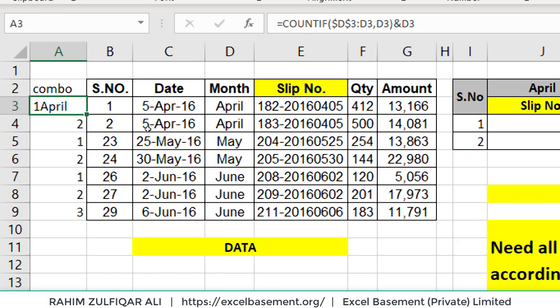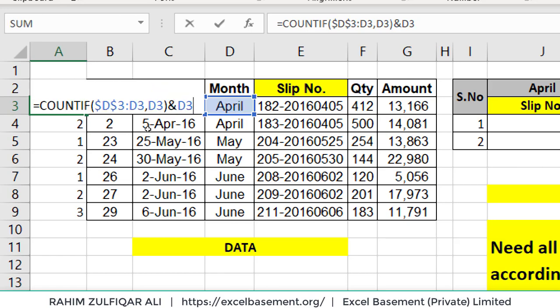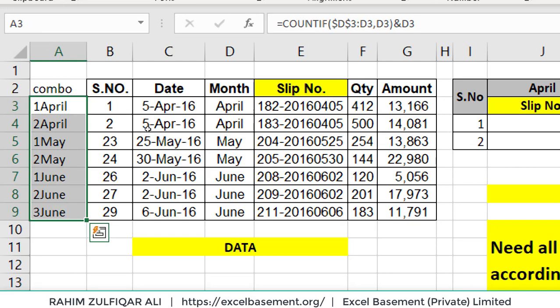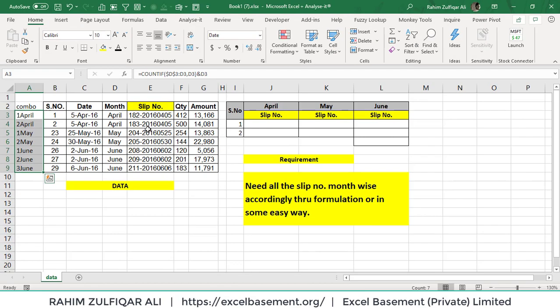So one is being generated by the COUNTIF function, and whatever is in D3 is just concatenated with the one number. Okay, and I will just copy and paste this entire formula. So in this particular column we don't have any duplicate, and that's the main logic of this solution